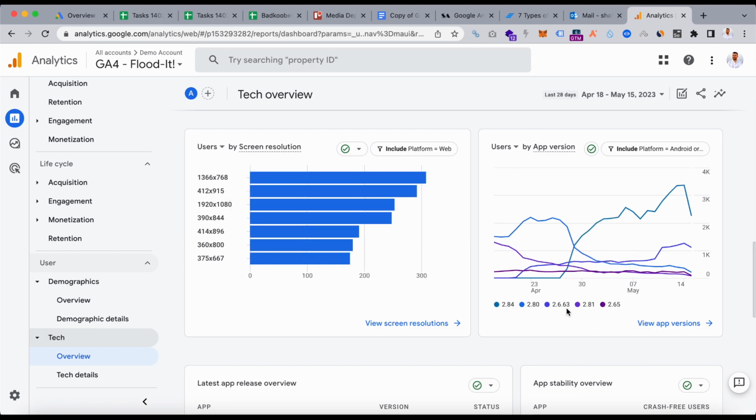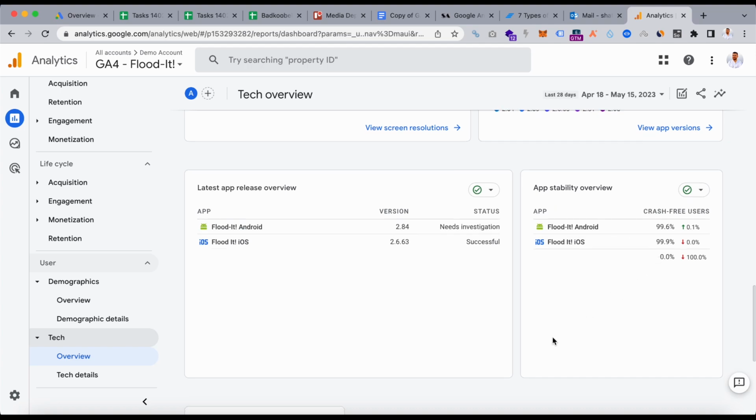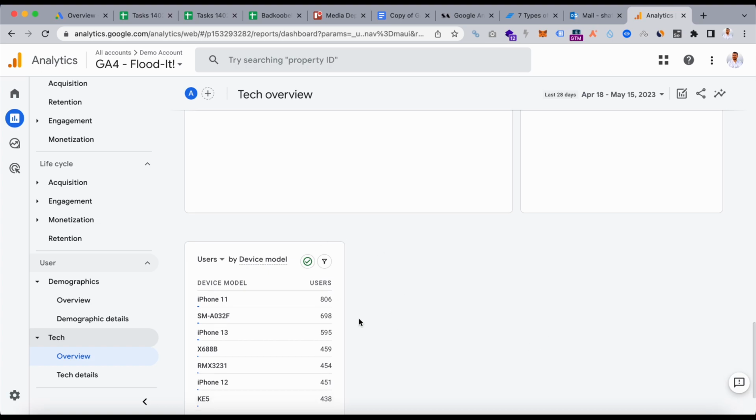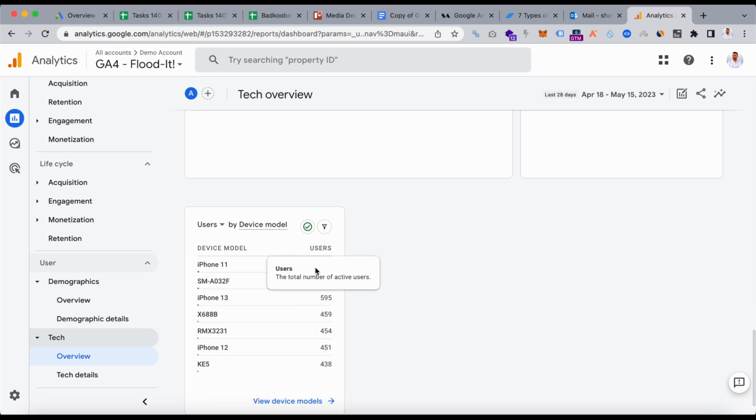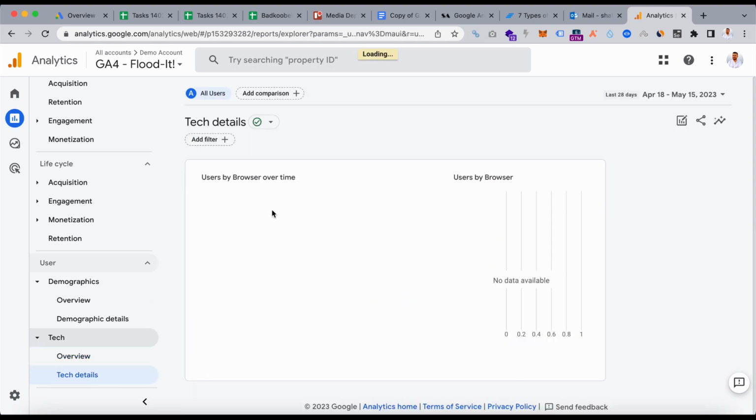And we have the app version. If you have the app data stream added to your GA4, we have the latest app release overview, the version, and the status. You have the app stability overview, and that's all. Oh, and we have the device model used by users. As you can see right here, we have the iPhone 11 more than others, and that is all for the overview. So if you go to tech details, just like